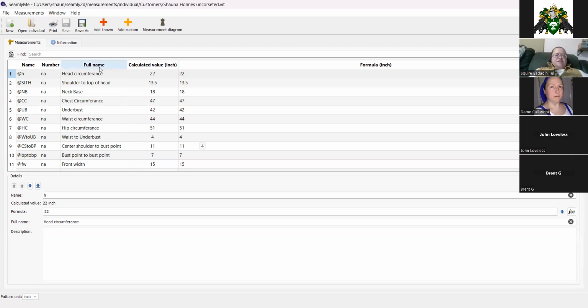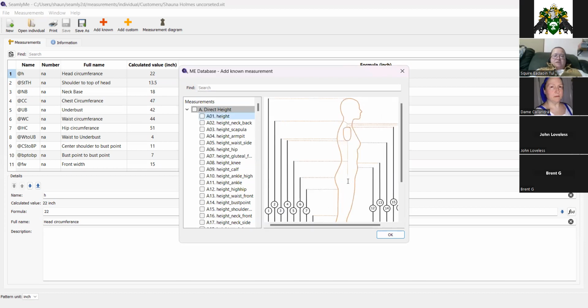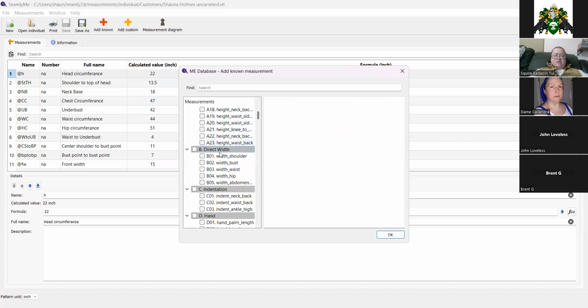In this program, you can add known measurements, which when you do that, it brings up this little box, and it has numbers associated with them. So there's the different heights, widths,